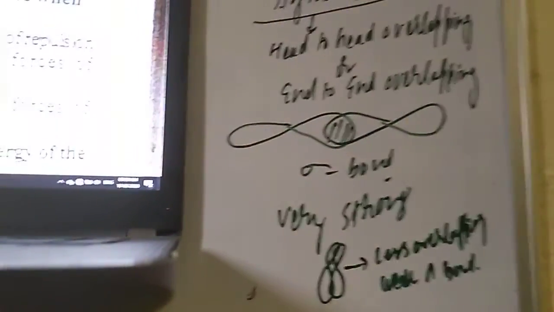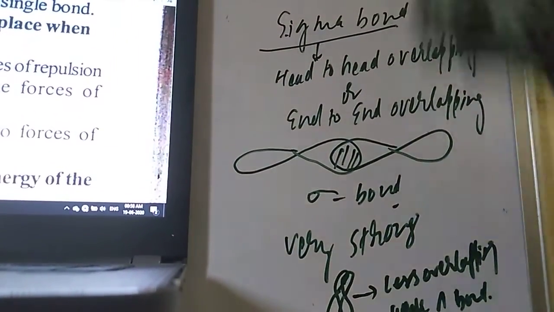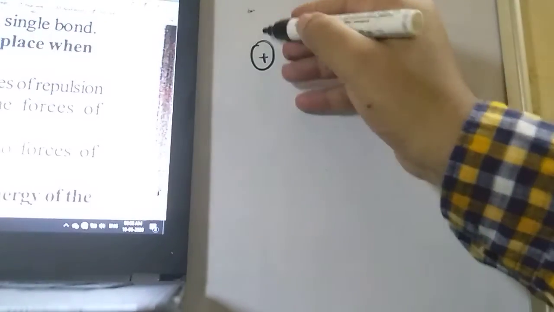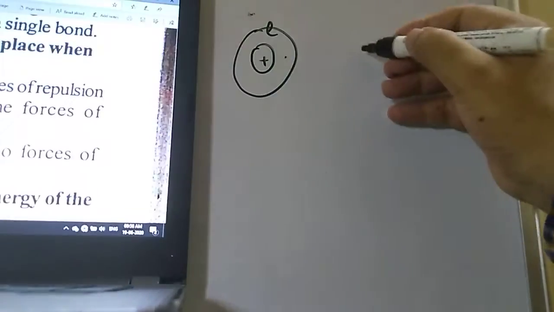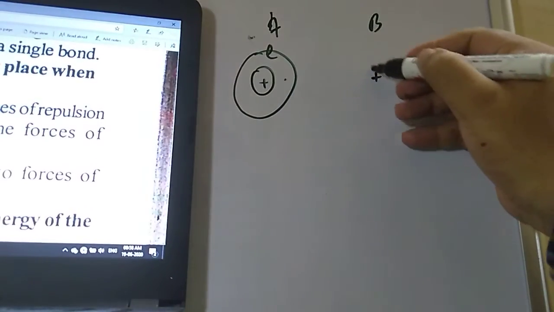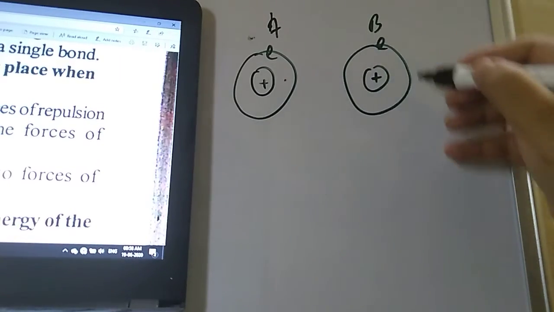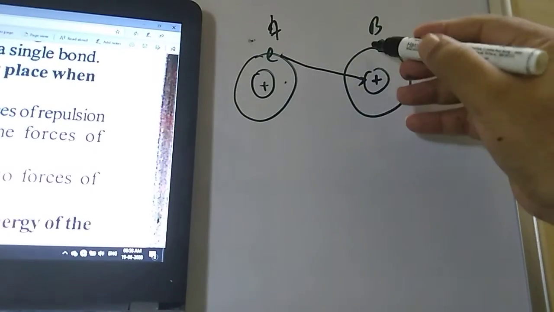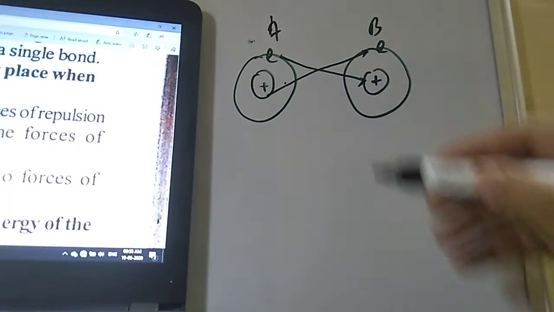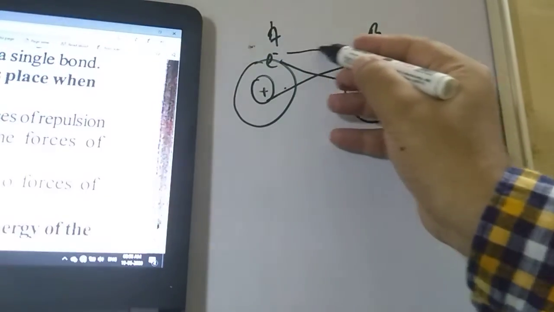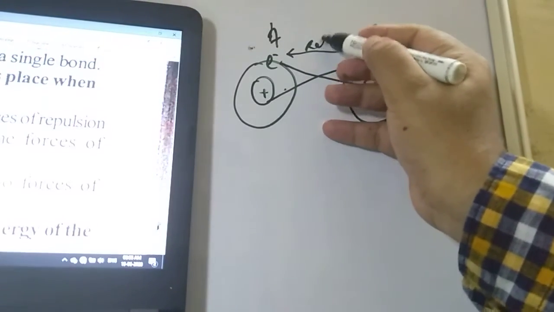Let us check and try to understand what they are saying in the options. I will explain this one also. When a chemical bond forms, suppose 2 atoms are there, atom A and atom B. The nucleus is there, student, and here the electron is there. This nucleus will attract this electron, and this nucleus will attract this electron. And what is happening, student? The negatively charged electrons will repel each other, okay, repulsion.